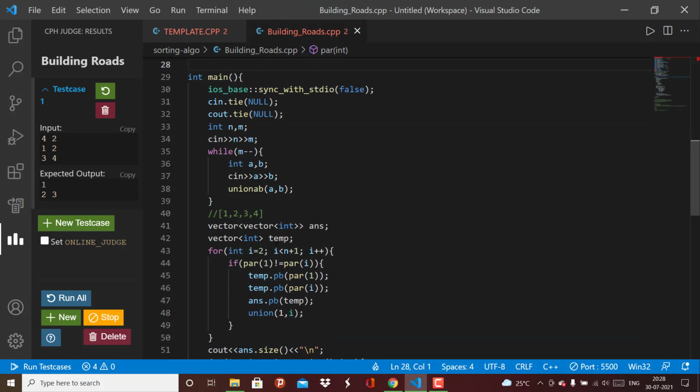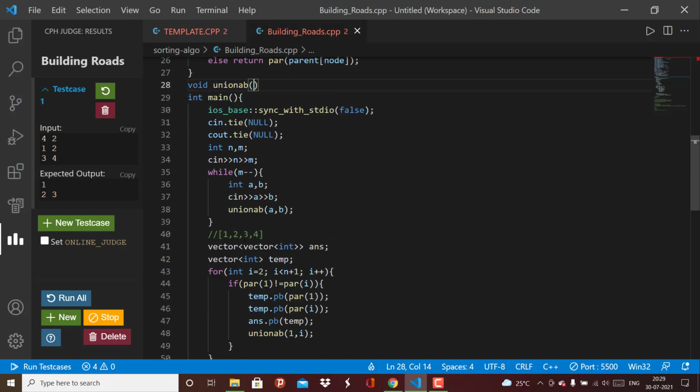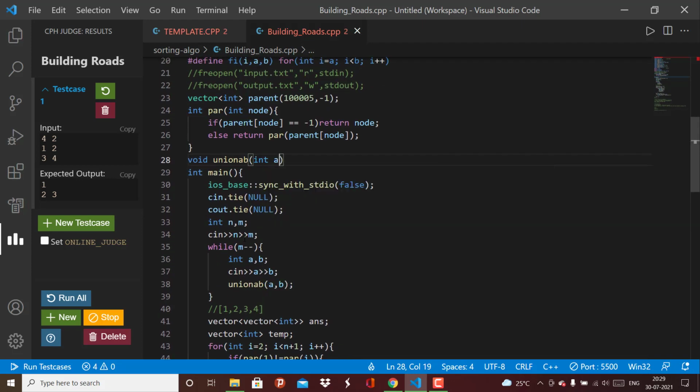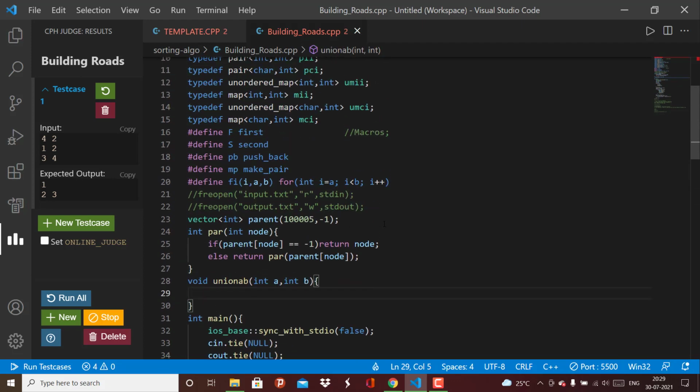The other function we need to implement is union AB. So union AB doesn't return anything, so void union AB, and it takes in two nodes as argument. And after that, what we need to do is we need to do union only when they don't have the same parent.